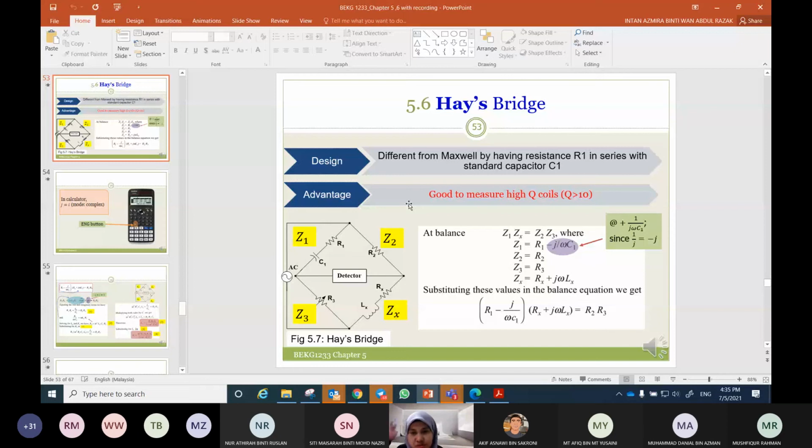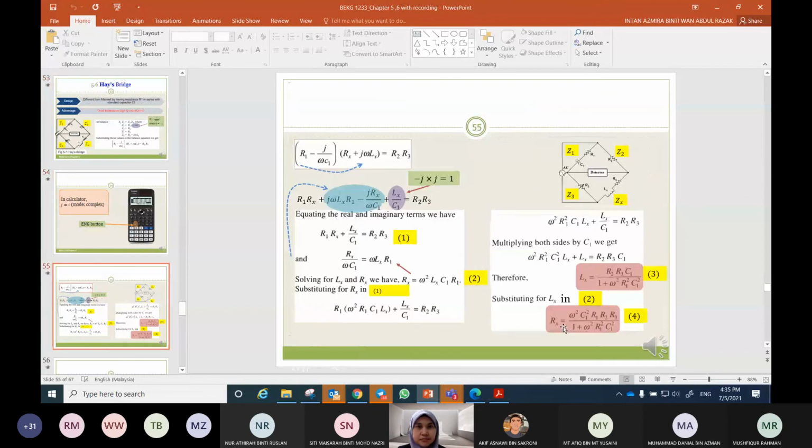Okay, after we substitute all Z in the balance equation, and then we expand this equation, just multiply R1, multiply Rs, and then plus R1, plus, and so on. We expand the equation. So R1, Rs is here,